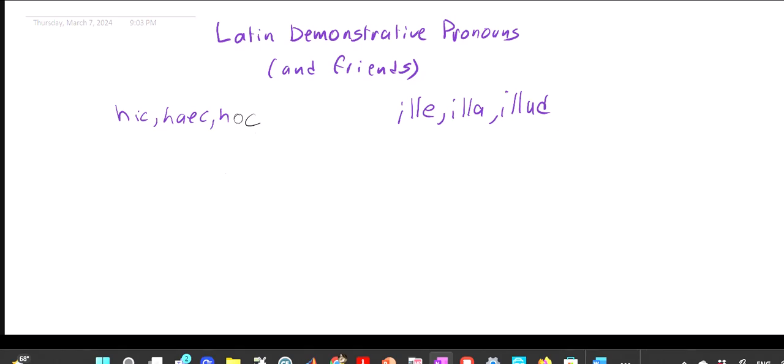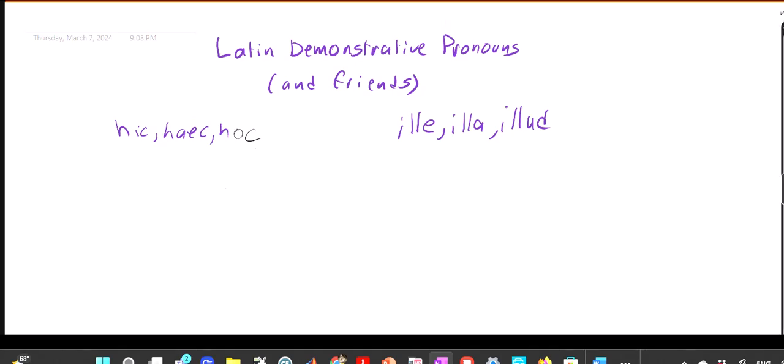Alright, so today I'm talking about Latin demonstrative pronouns and their friends, and I'm just calling them that for some things that are declined similarly to the Latin demonstrative pronouns. So demonstrative pronouns, from the Latin demonstrare, to point out. These can function as pronouns or adjectives. The main ones are hic, haec, hoc, and ille, illa, illud, and they are used to point out which ones you're talking about. And so hic, haec, hoc in the singular